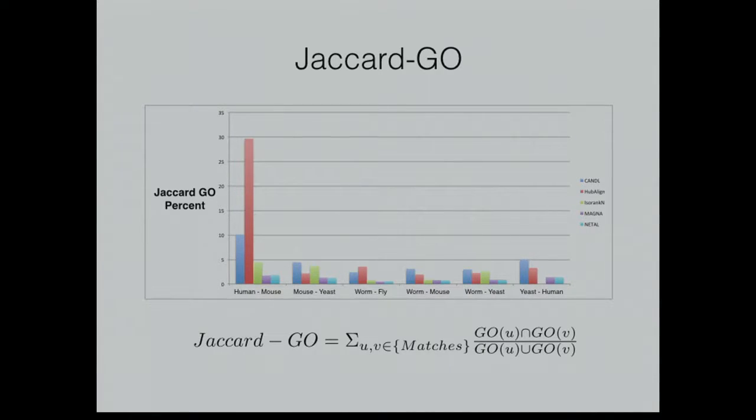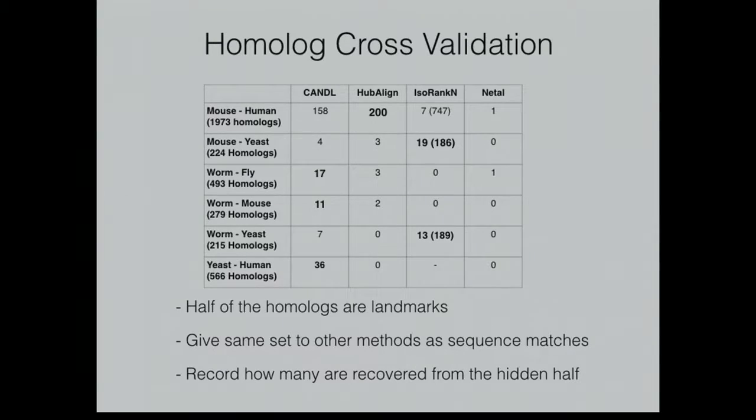And then you can see Hub-Align actually does quite well. Hub-Align uses a lot of sequence again, so there is going to be sort of a bias here. And then we're on standard for these things, maybe a little bit better on each of them. One of the things I think, though, that's more interesting is we now try to do a cross-validation